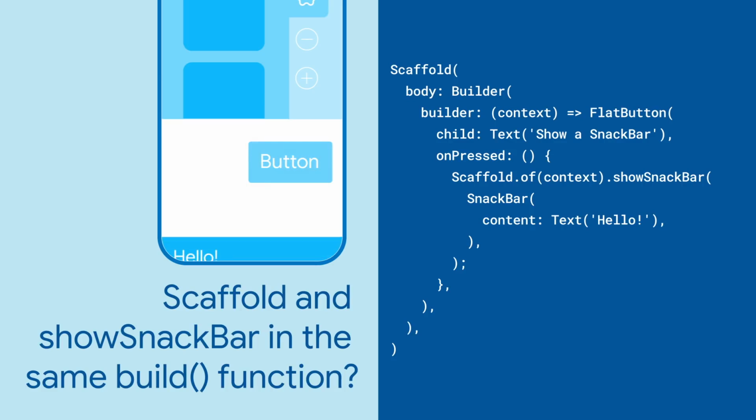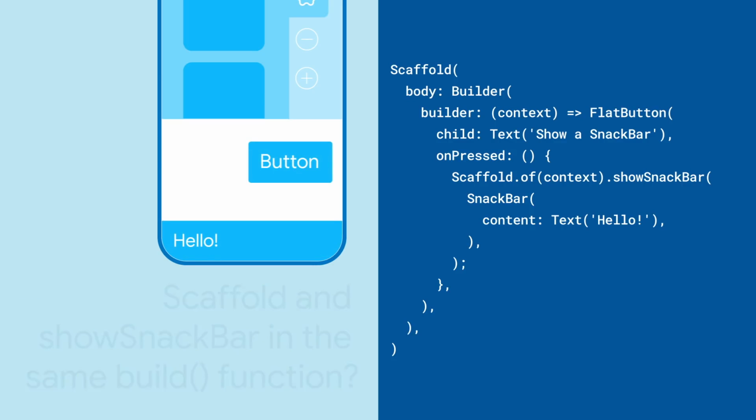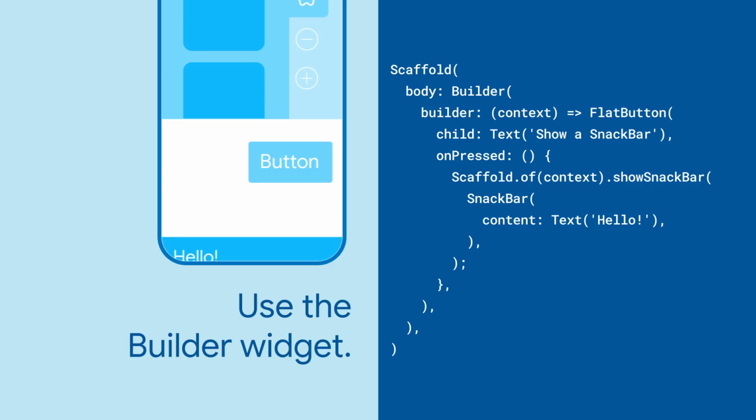If you want to construct your scaffold and SnackBar in the same build function, wrap the showSnackBar function in a Builder widget, letting you use the right build